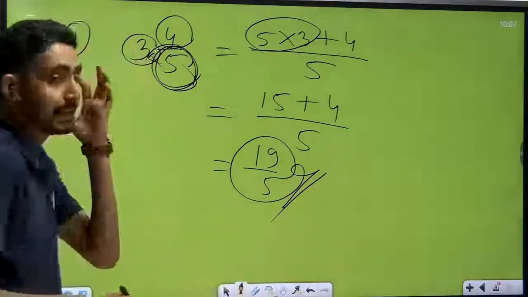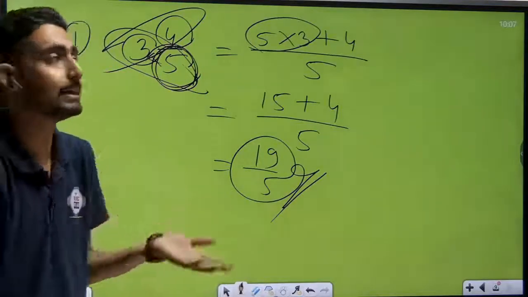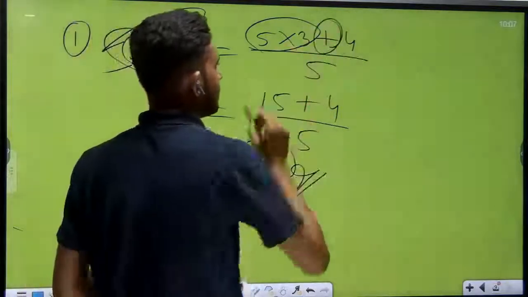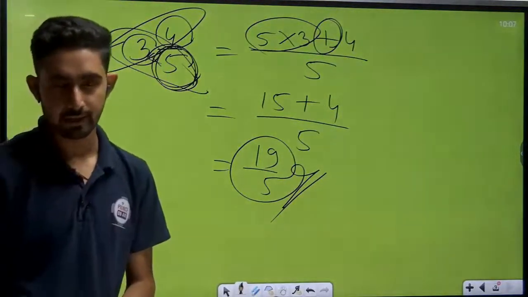Now we'll move to the next question. Let's see. No, Mansi, it is not done this way at all. 60 is not the correct answer. What did you do? You multiplied 5 3s are 15 and then 15 multiplied by 4. No, this is the wrong answer. We have to add them. We have to add here. Okay? What do we have to do? Add. Simple add. Okay? Understood all of you?